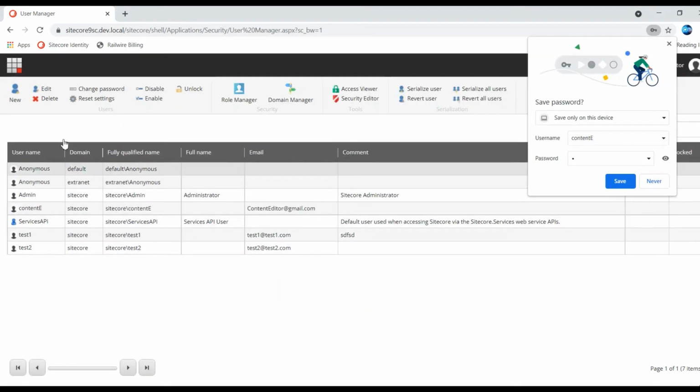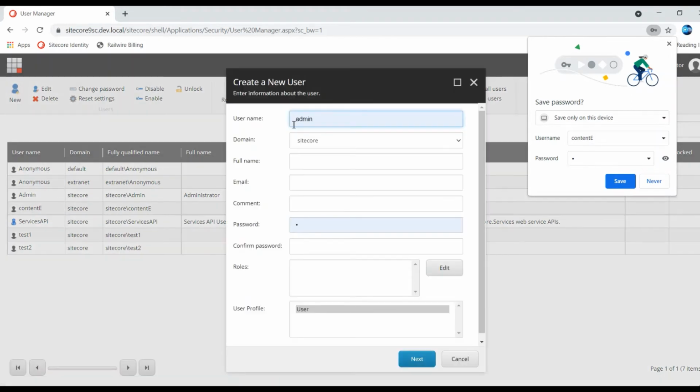Now I'm going to create another role user, that is content approval. Let me name it content A. Let me give some email ID at gmail.com, and let me give the password as default.